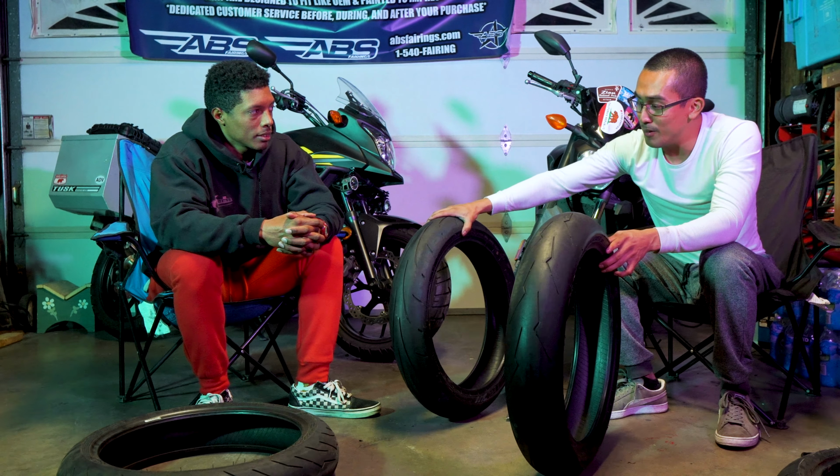I did run one of these once on the front end of my CBR, and I will say it didn't really feel that good in the cold. I mean, most tires don't, but this one particularly just felt kind of slippy in the cold. Like Julian did say earlier, it does have a very high profile, so leaning over is a bit different than the Q3. But it's a softer compound tire, so obviously mileage is not really what